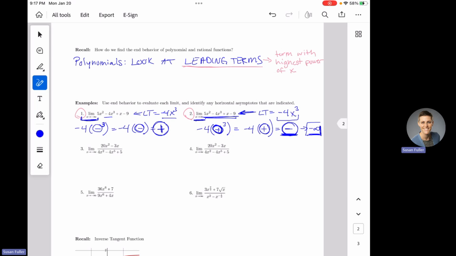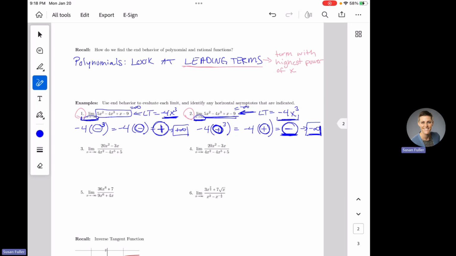So the limit as x goes to -infinity of this entire thing is going to be positive infinity. You can just write infinity or you can write positive infinity, whatever your brain likes best. But this limit up here is going to be positive infinity. This limit up here is going to be -infinity because our leading terms told us where the entire thing went. We just have to figure out what that leading term does as x is hugely positive or hugely negative. You're going to look at your leading term and see where it goes.